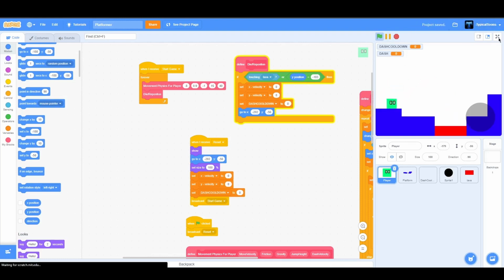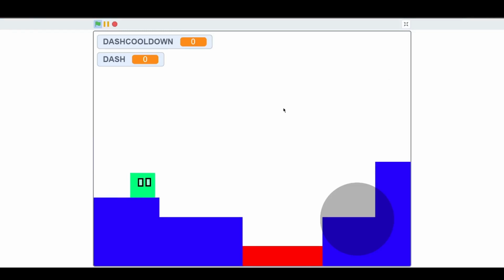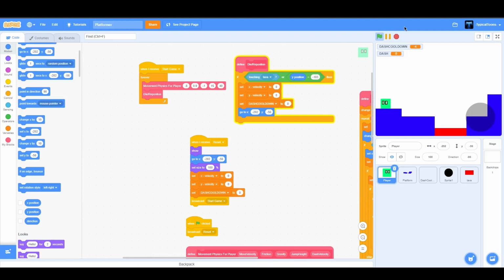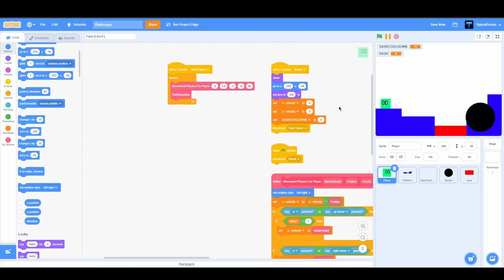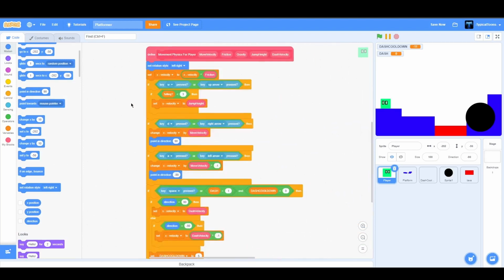But as you can see, there's one bug. If we dash and we fall into the lava, you can see that we dash and then our cooldown is going down. It starts from 5 and starts going down. But when our cooldown is running and we go into the lava or die, you can see our cooldown is now heading into the negatives, which is not what we want. So now it's just going to keep going down and down. This is a bug that I've seen occurring, but thankfully I know a way to fix it, and it's not that hard. So to do it, we can just create a new broadcast,